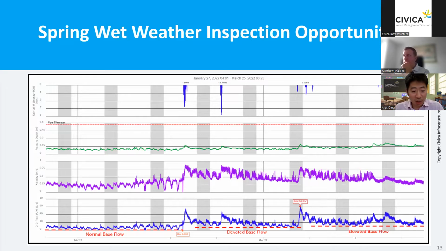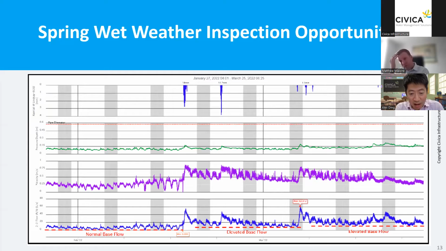Here's another example. I believe this is a catchment area in Newmarket. So this hydrograph shows elevated base flow in the spring season. If you take a look at the hydrograph towards the left-hand side, there's normal base flow, which is the minimum flow, and that's from February this year. So it was just around 1 to 2 liters per second during